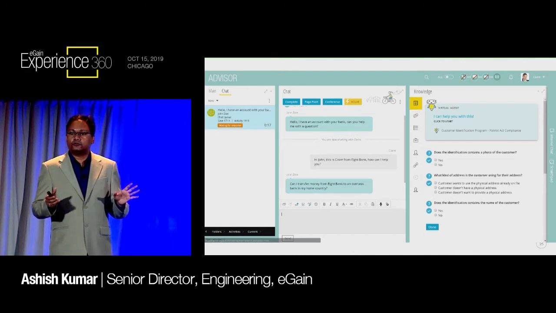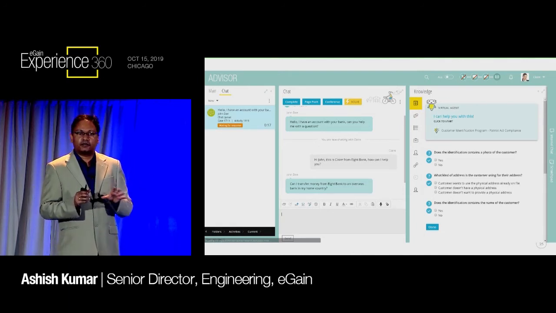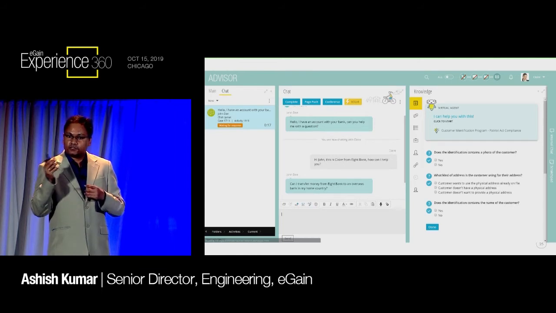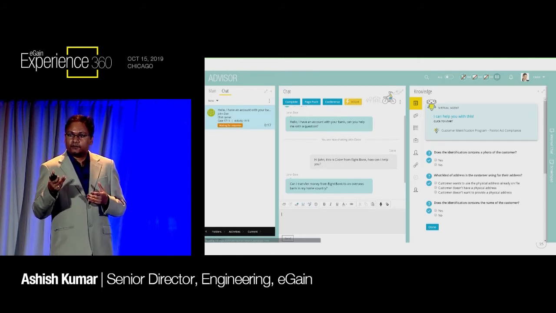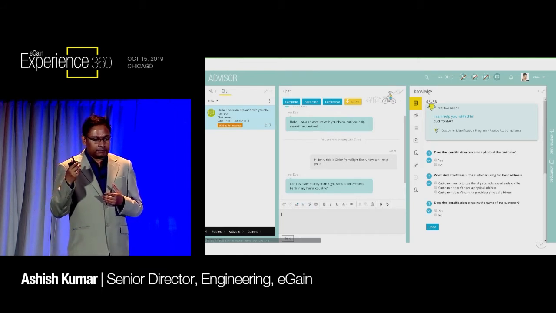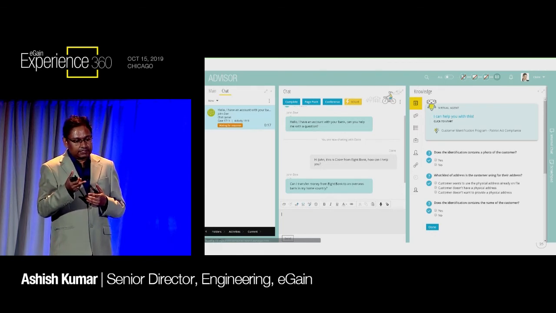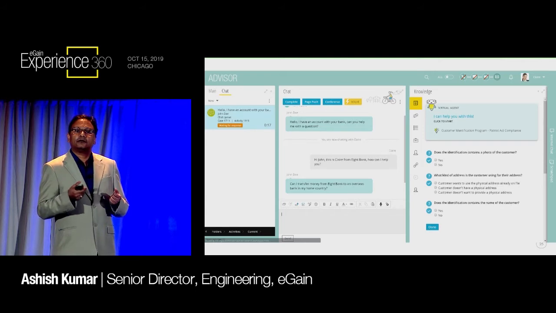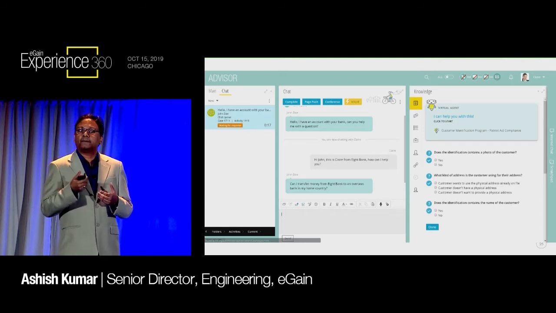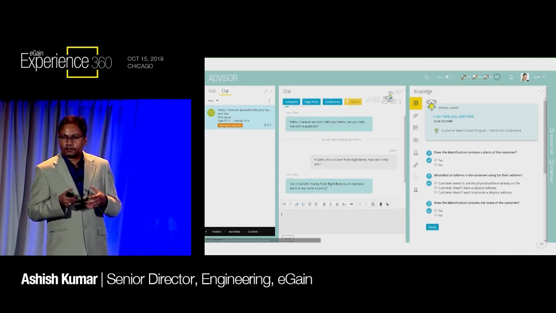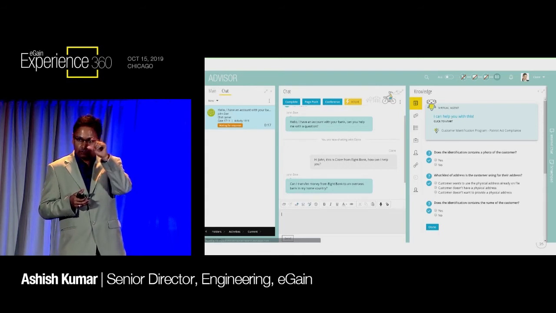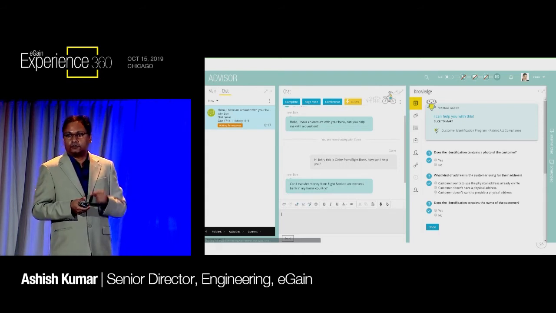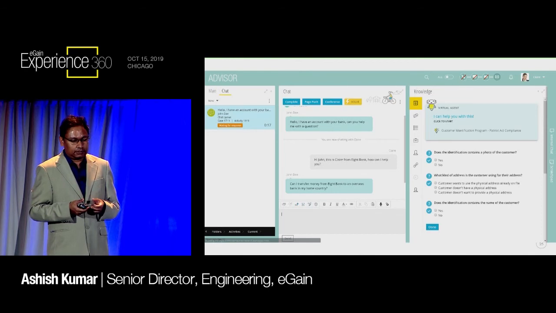Now the agents don't have to do anything. They're chatting very vigorously with their customer, and the virtual assistant is listening. For example, the example that we show here is about compliance. It may be very important for the agents to know, and the virtual assistant, listening in, is going to propose that solution. Then the agent will be attracted to it, and they have to take some action in that situation.